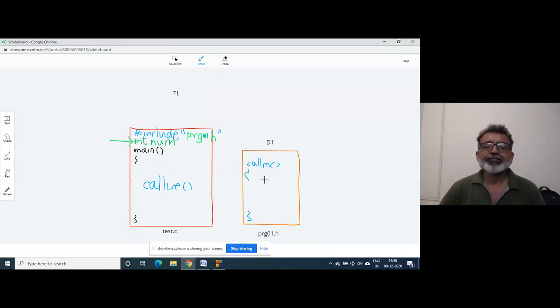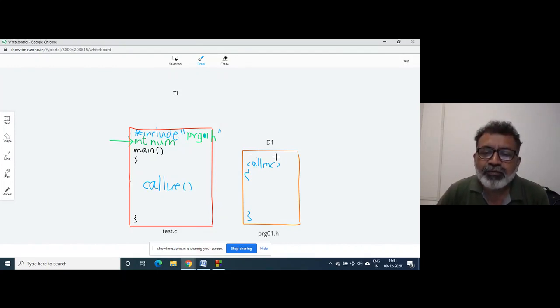The problem is that even though this file is included here, this function is at the top, but this variable won't be available for this function. Even though the file is included, it is not available. In that case, D1 will have to ask the team leader, because after all, the team leader has daily communication with D1, right?